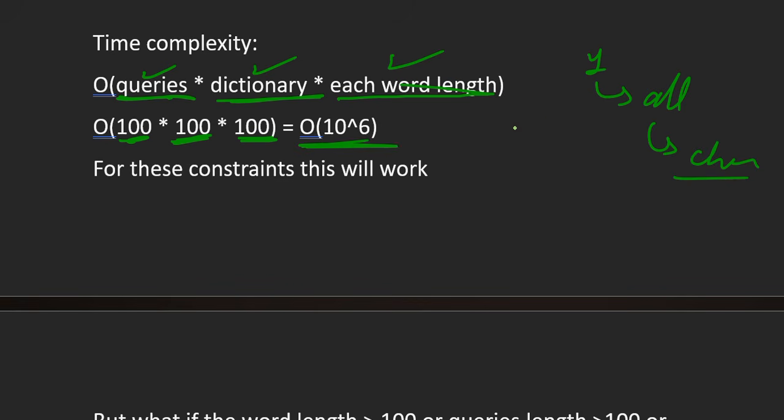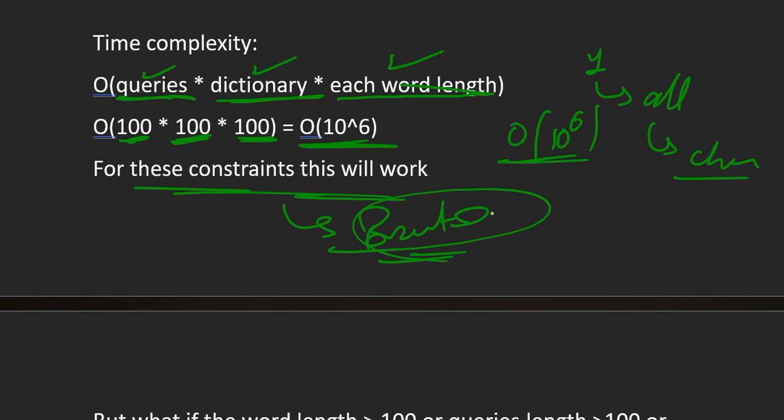So in the worst case the total time complexity will be 10 to the power 6. So for the constraints given in this question, our brute force approach will work.